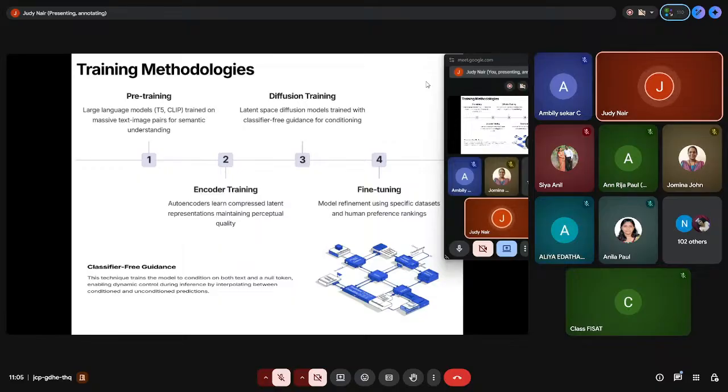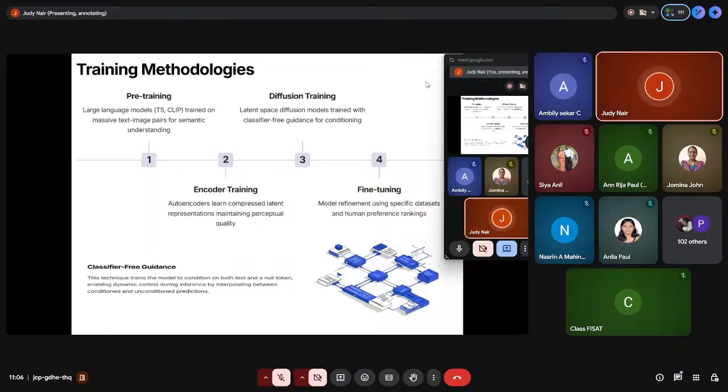I told you in the beginning that all these diffusion models follow this, but in this case they have used CLIP, a contrastive learning method. I think you know about CLIP also. It is where large language models are used for diffusion models. The text is encoded into embeddings. That is one advantage, so it becomes a conditioned diffusion model. It is not using a classifier, so it's easier now.